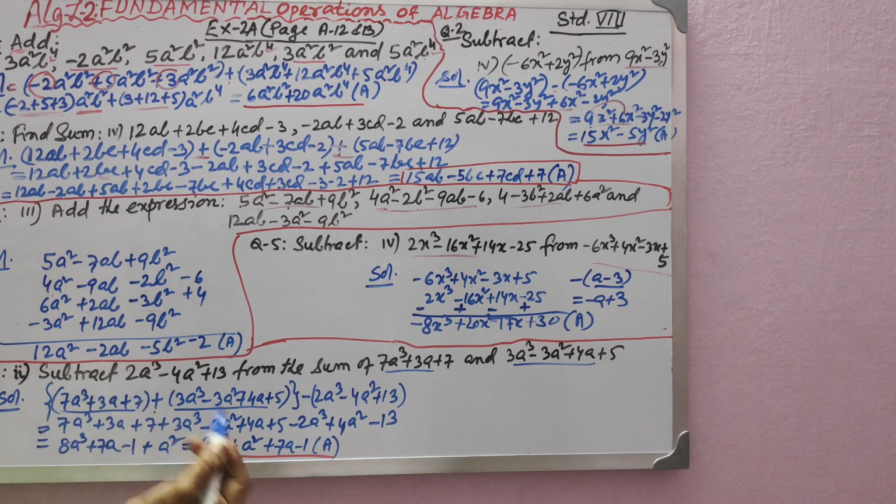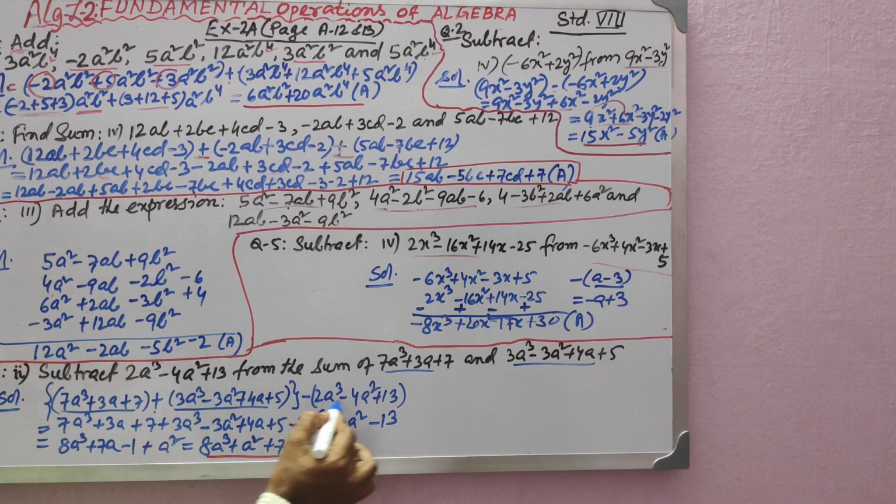You understand? And what you need to subtract? You need to subtract this minus this. So first you find out the sum of these two, then subtract this one. Very easy. I have done the horizontal method only to do the sum. I didn't pick the like terms now. Now I have become a little expert in understanding.